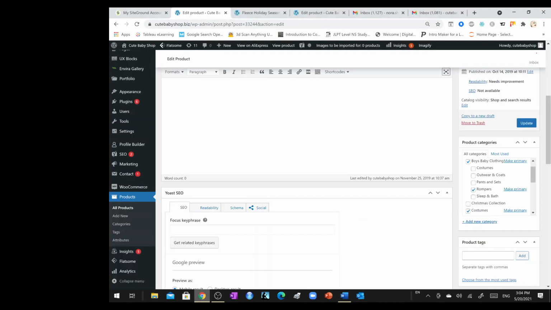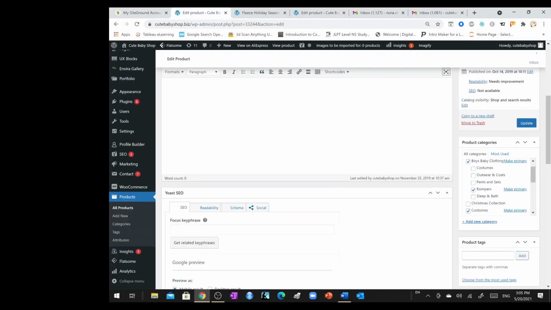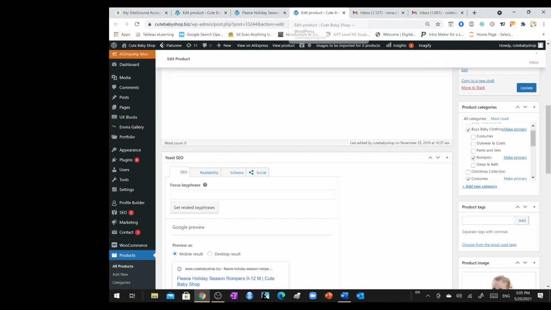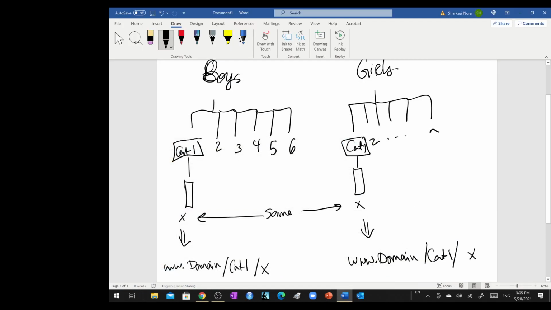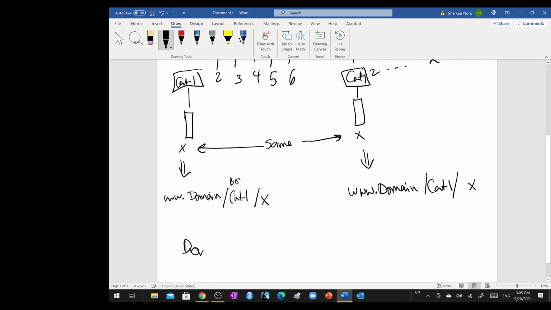I wanted to put this in such a way that it reflects what we've done just here. Where is it? Here. So we have boys and then rompers, but then we have rompers separately. So let's say that this is rompers. In general, there is the domain, there is rompers,